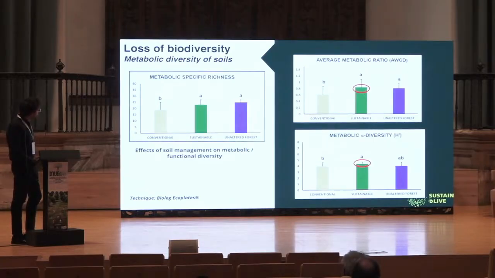Regarding the metabolic diversity that we analyze by means of the Biolog EcoPlates, a very interesting technology, the metabolic diversity of soil measures not the taxonomic composition of the microbiome in the soil, but its capacity to process and metabolize the different sources of carbon. In this case, we can apply similar parameters as in the case of taxonomic diversity, the richness and the alpha diversity, and we found